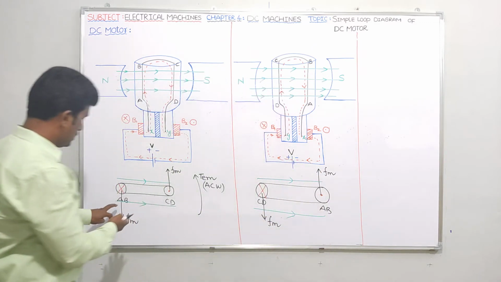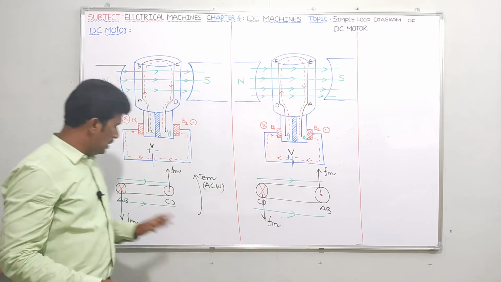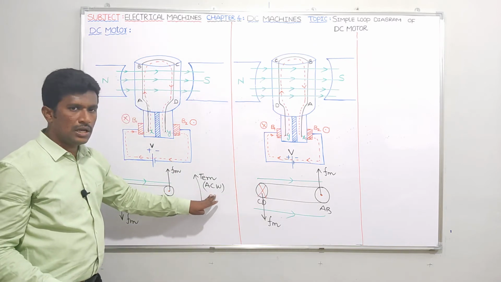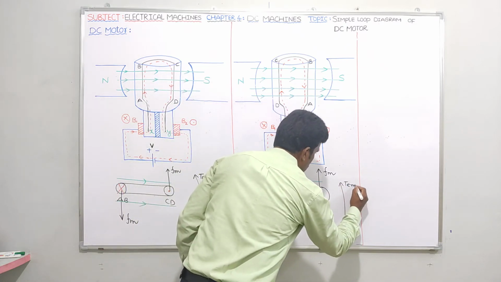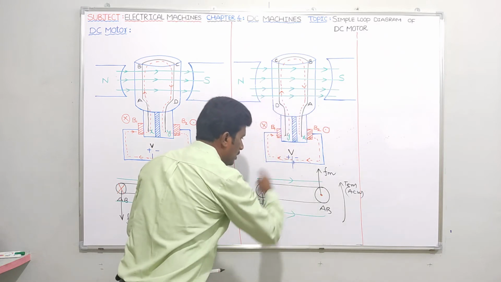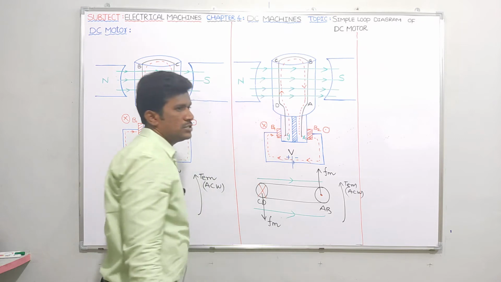See, same thing. Downward, upward, downward, upward. See here, if it is downward, upward, the direction of electromagnetic torque, I told here, anti-clockwise. Here also, what? Anti-clockwise. If you want, you can check. If you take anti-clockwise direction only, then only at AB it is upwards, tangential motion. At CD, tangential motion downwards.